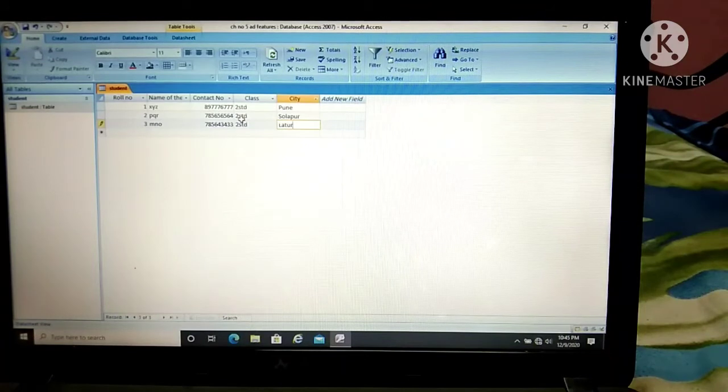See, many times now it's okay, I have only 3 records, but suppose if you have thousands of records and in that you have to find something, think about it, how you will find it. It takes a lot of time to find randomly or by viewing it, right? So it is quite difficult to search any information by going through all the records if it is in bigger size like thousands of records or lakhs of records, right?